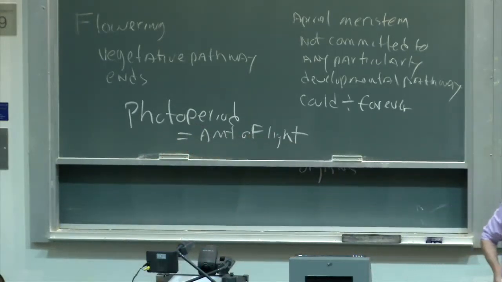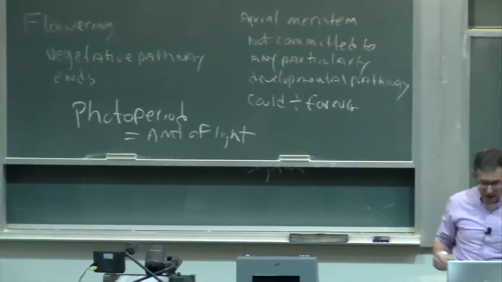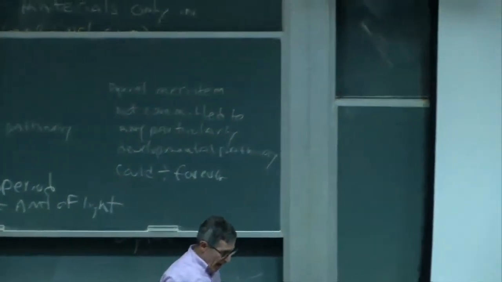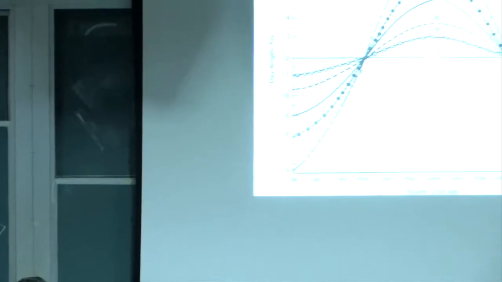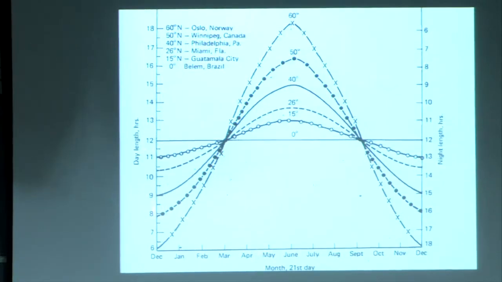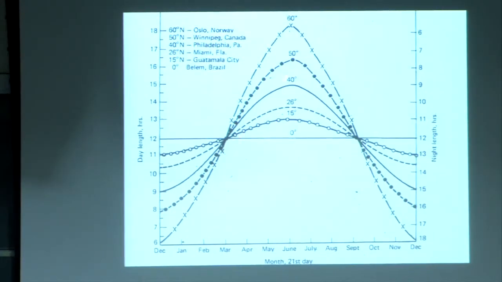And to give you an idea of the kinds of day length changes which we see, I want to show you this slide over here. In this particular slide, what we have on the x-axis are the months of the year, and on the y-axis we have the day length or photoperiod. And Maryland is probably equivalent to about Philadelphia, which is about 40 degrees latitude. And what I want you to notice, and your own personal experience will tell you that this is true, is that as the winter goes to spring and summer, the length of the photoperiod increases, and then as fall comes along, the length of the photoperiod begins to decrease.